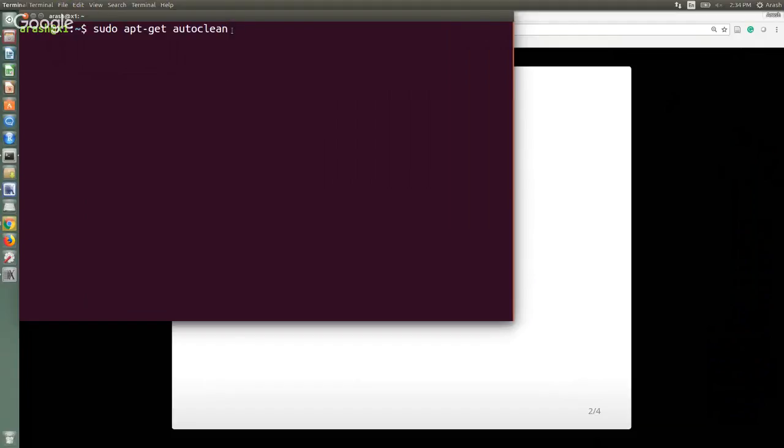So sudo apt-get autoclean cleans up your files, mainly the .deb files, so it will clean up a lot of space and give you a lot of space to use, and for the functions that you don't have it. So